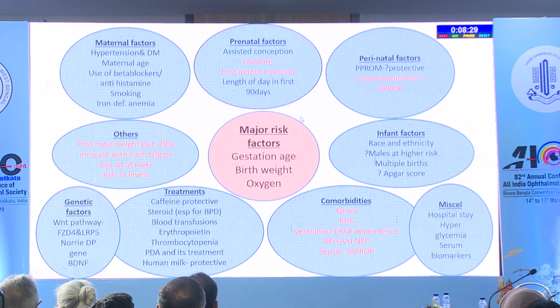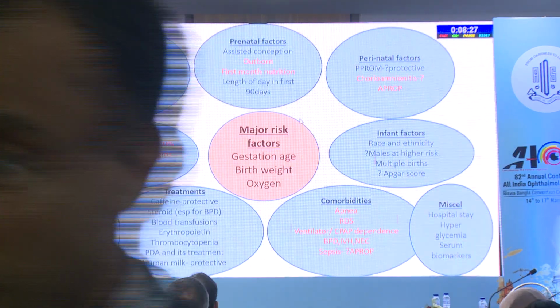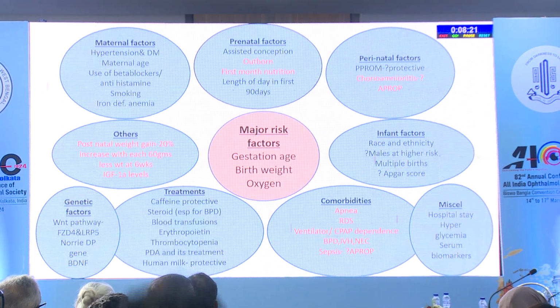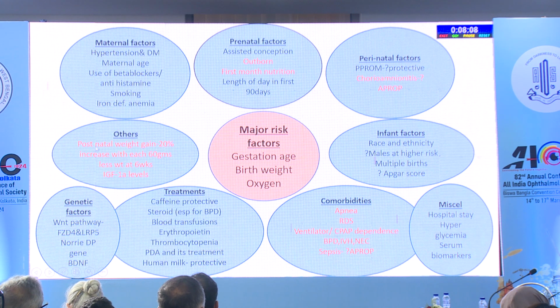A lot of factors have come out in various studies based upon what they call univariate analysis, which is not important. It's multivariate analysis, which adjusts for other factors, that is important. And then you find that most of these factors found on univariate analysis have dropped out. What was found even on multivariate analysis are certain prenatal factors, perinatal factors, comorbidities, and others. Postnatal weight gain and IGF-1 levels have been promoted as important parameters in the Swedish study. You also have outborn patients and first-month-of-pregnancy nutrition, and specific to AP-ROP were neonatal sepsis and chorioamnionitis.